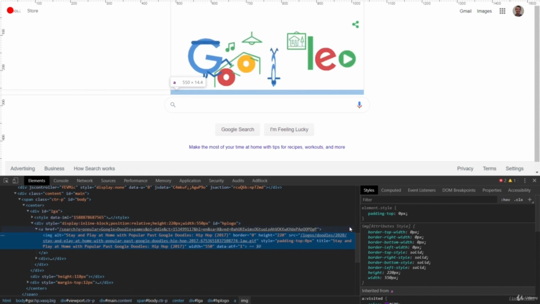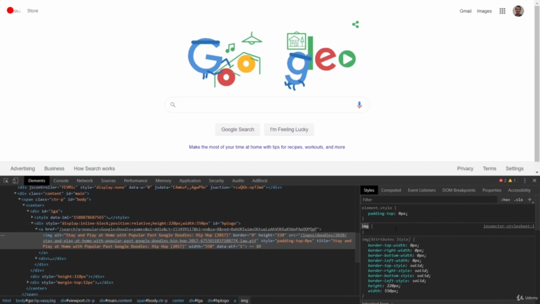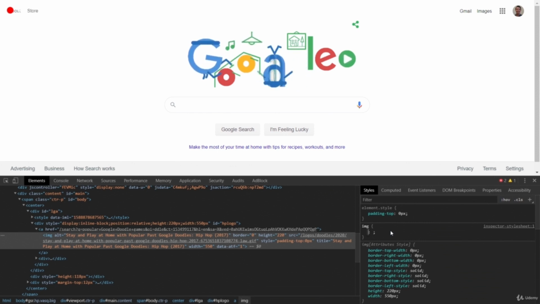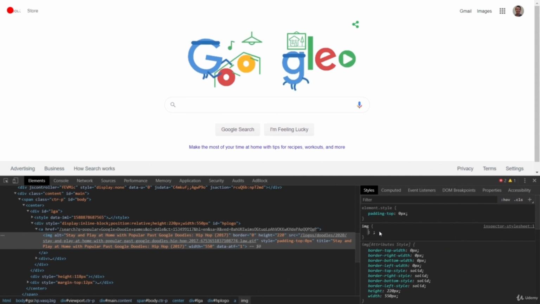So we're going to go to this element that we have selected, this image element, and we are going to stylize it. So what we can do is go over here to the style section, and you should see something like an arrow in the top right of the styles section, and it should say new style rule or something like that. Click that, and now you notice it says IMG with a couple open brackets. What we want to do is click inside those brackets and type in some code. This is CSS code. We've already got our image selected, so this is going to select every element that is an image, IMG,